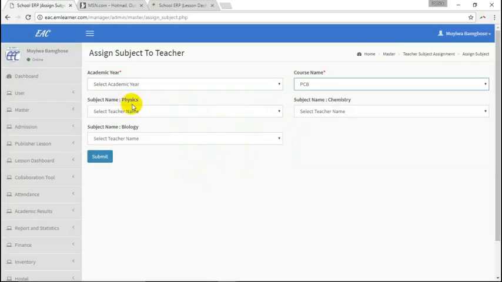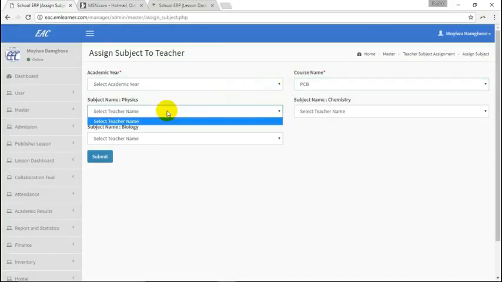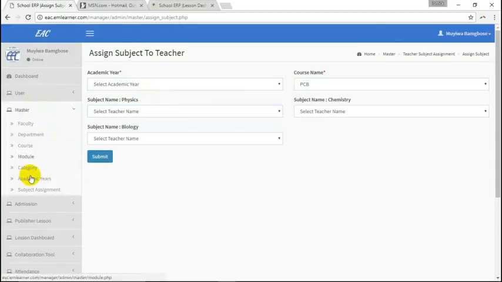Subject is physics. Who is teaching physics in which batch? PCB. And so who is the teacher here? There is no teacher yet in the system. So the list of all teachers will be dropped down, and once you pick, automatically they inherit that class and begin to load. Okay, while it's creating the account, let's go through the other part of the system. That was subject assignments in the master.